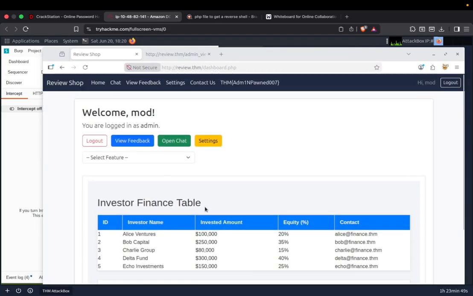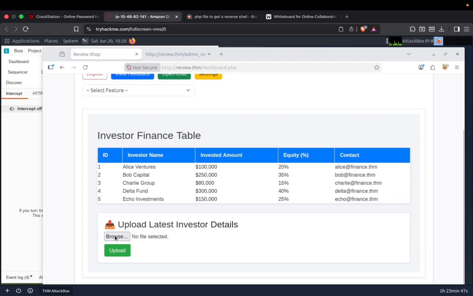There is an investor finance table. One interesting thing is upload latest investor details, so we can upload things. Let's see what we can upload. Can we upload a reverse shell file? Maybe that way we can get a reverse shell. Let's try to see. So first,